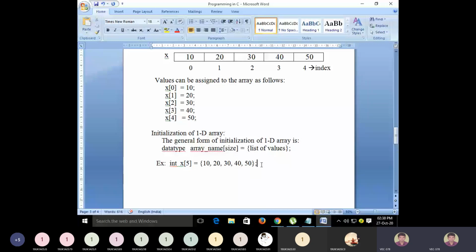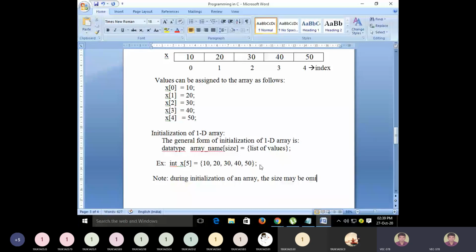Okay, so one flexibility when you initialize the array is that there is no need to mention the size of the array at the time of initialization. Just take a note of it: during initialization of an array, the size may be omitted.